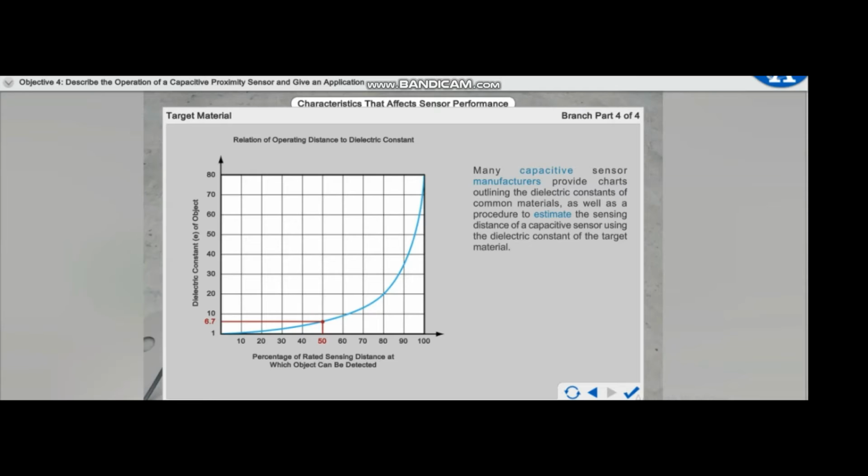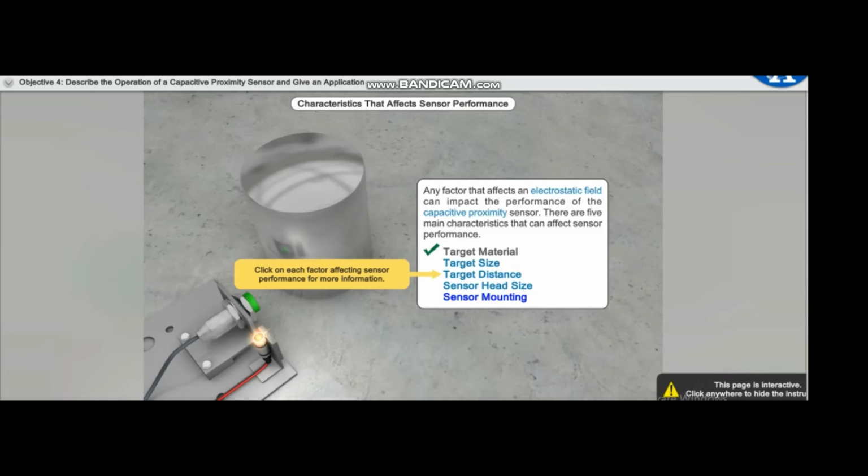Many capacitive sensor manufacturers provide charts outlining the dielectric constants of common materials, as well as a procedure to estimate the sensing distance of a capacitive sensor using the dielectric constant of the target material. For example, using the graph shown here, a sensor with a rated detection distance of 20 centimeters could be